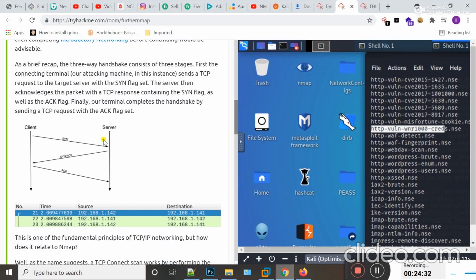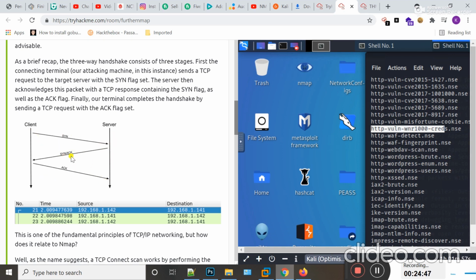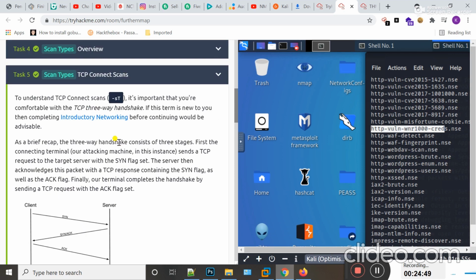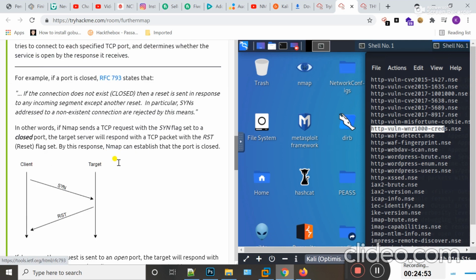After getting this SYN request, the server then sends a SYN-ACK request back to the client. After receiving the SYN-ACK request, the client sends back an acknowledgement packet to the server. So this is the three-way handshake stage that is performed between these two machines.